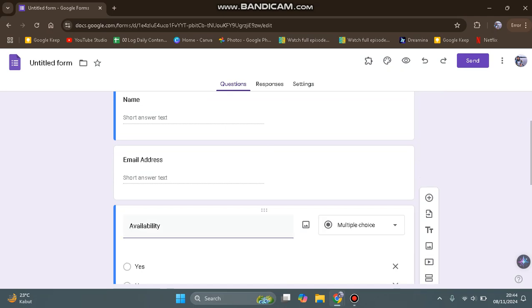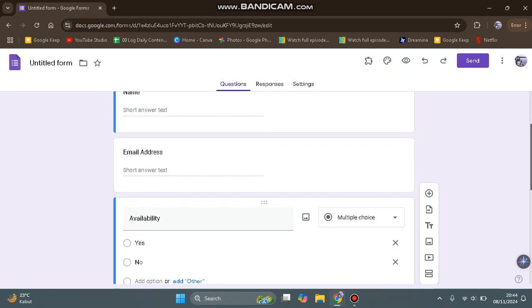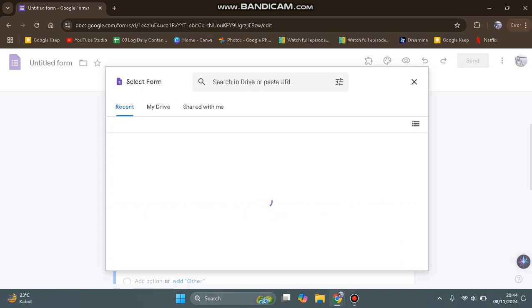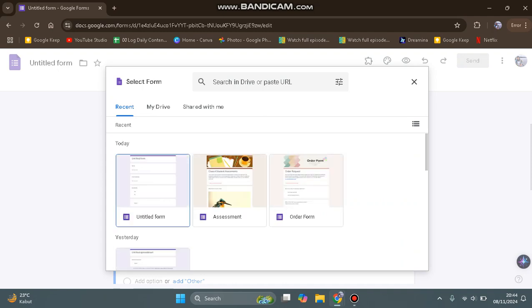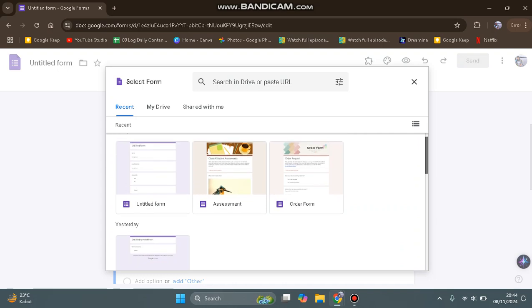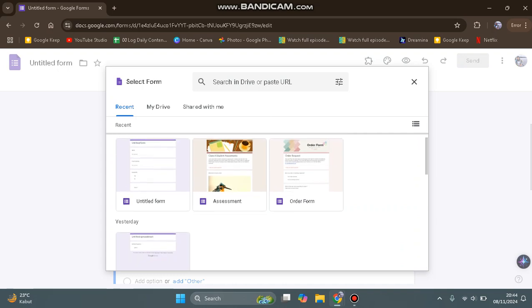First, you can just click anywhere and you can see on the right side there will be this little panel. You can find on the second one, there will be this import questions button. You can just tap on that and now you will be asked to select the form that you want to import the questions from. For example, I'm going to import questions from this one, the assessment. Now you can just tap on insert,